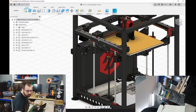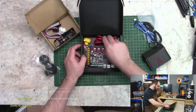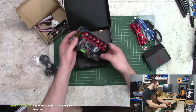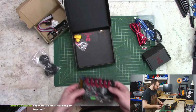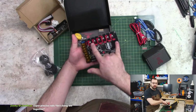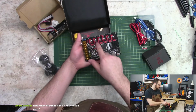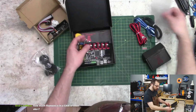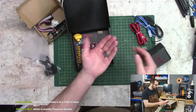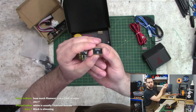Okay, electronics. So we got some electronics here. Controller board. Thanks to Sparta 3D, we have a BigTreeTech SKR Pro 1.2. Now, we need the SKR 1.2, or really any controller board that has 6 motors available, because we need 5 motors for motion. We got ZZ, XYE, and then we need a free one, because I'm going to be using a PT100 as my temperature probe. So this right here is a PT100